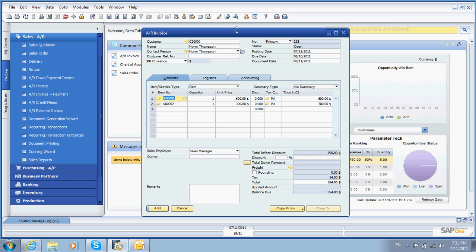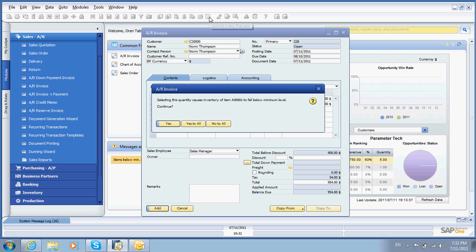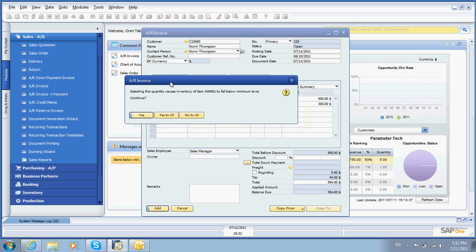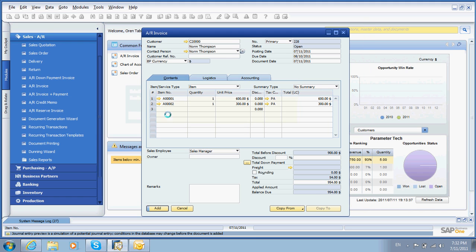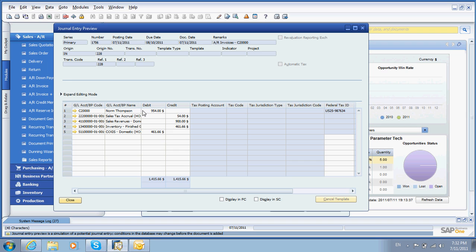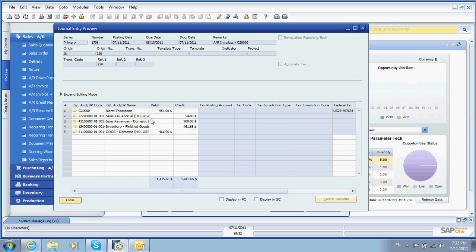So the invoice is ready to go, but before I add it, I want to see the transaction. So I go to a new icon we have in that version called Journal Entry Preview. It gives me the same messages as if I would add this AR invoice. So I hit yes to all, and what you can see is the actual journal entry that will occur after posting this